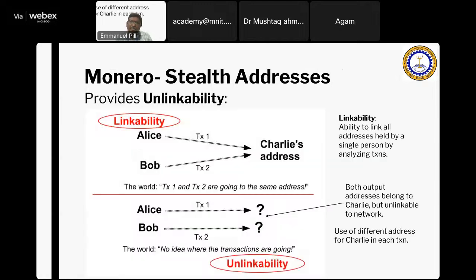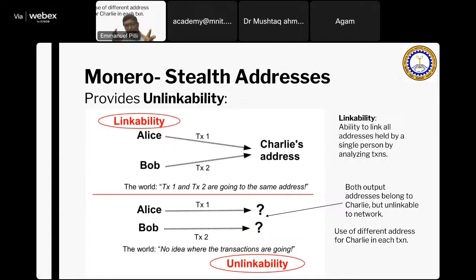So the first thing that Monero has is what's called stealth transactions. Stealth transactions is where Alice and Bob are sending to Charlie. So at least a linkability would be established that Alice and Bob are linked to Charlie. But when you unlink those transactions, which is done in Monero, it gives two different addresses for Charlie. Charlie doesn't have the same address. Alice sends to some Charlie's address. Bob sends to some other Charlie's address. Charlie is the same individual, but he has two different addresses,